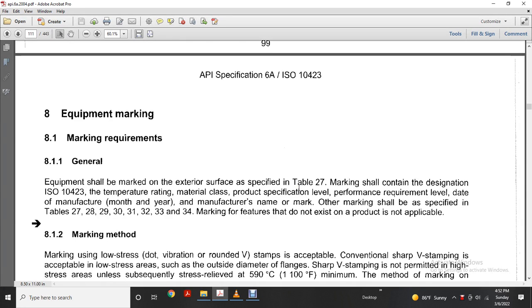Alright, American Petroleum Institute Specification 6A, ISO 10423, equipment marking requirements. General equipment shall be marked on the exterior, as specified in the table. The marking shall contain the designation ISO